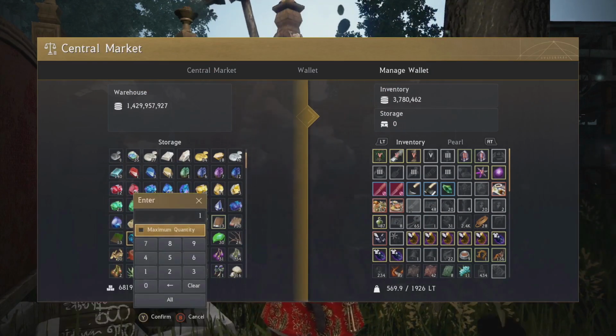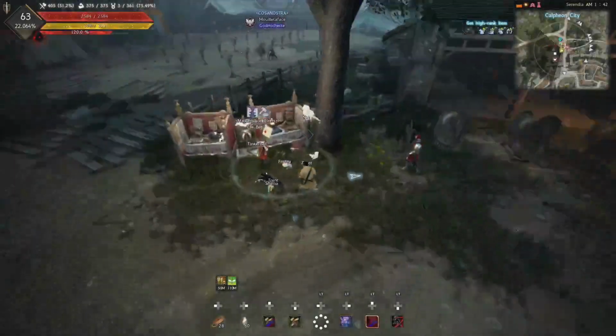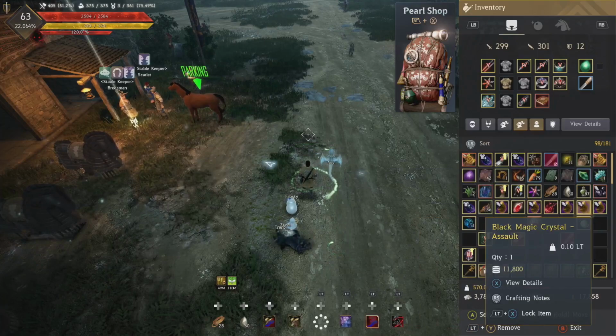I had 17 of them. Okay, whatever. Mispurchased by me. I got a bunch of these. But yeah, so you need a Forest Fury as well. So you can see now we got the Forest Fury, we got these Black Magic Crystals, and